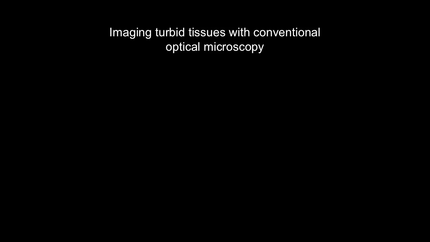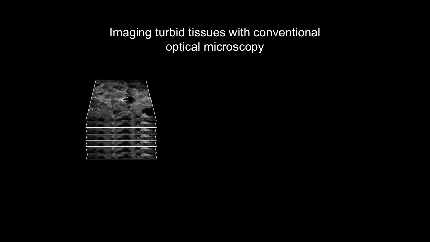We want to diagnose diseases. We want to be able to do live pathology, to image the tissue and get information about it without taking a biopsy. Or we want to be able to monitor different treatment pathways. So there are many reasons we want to do optical microscopy in turbid tissues. That would really get us to the point where we can image